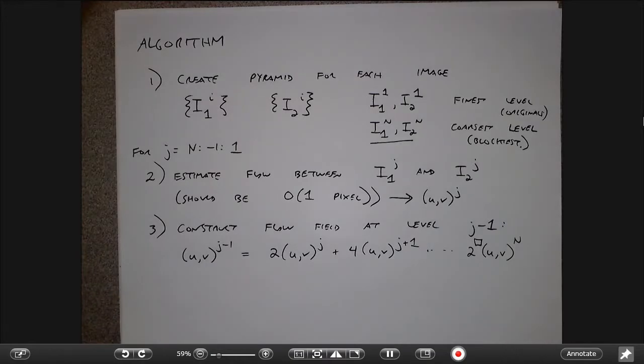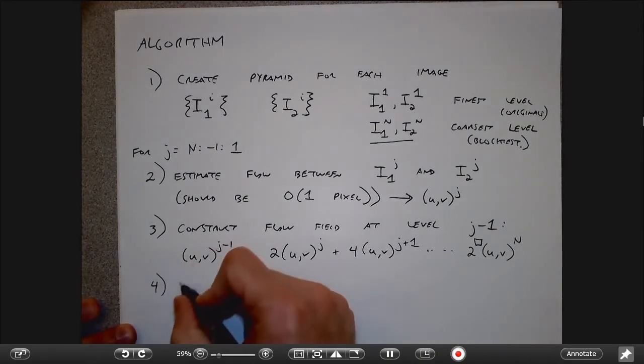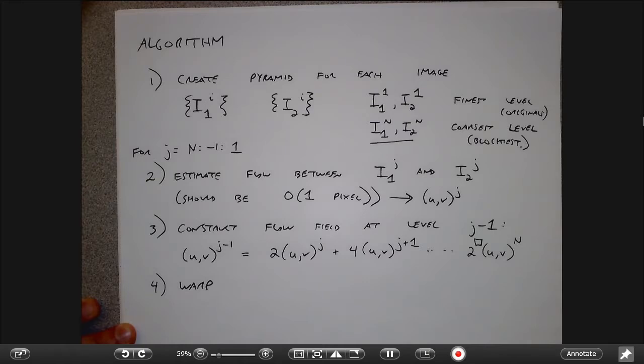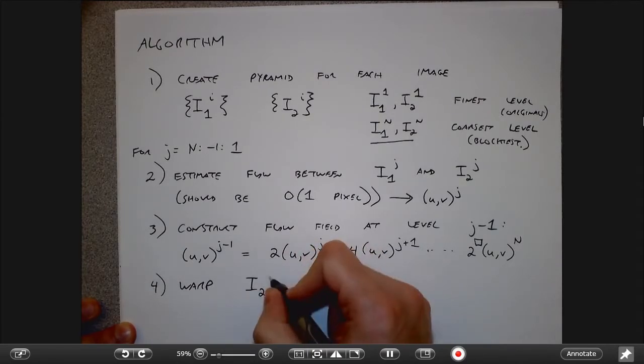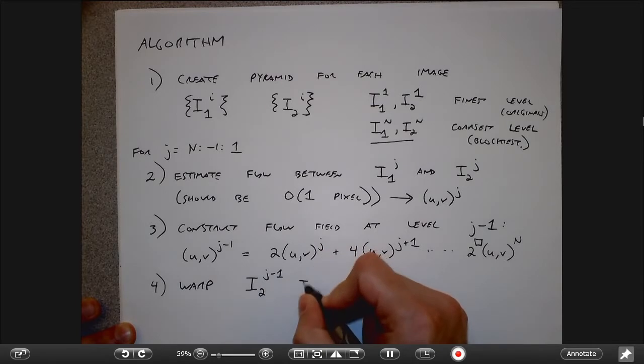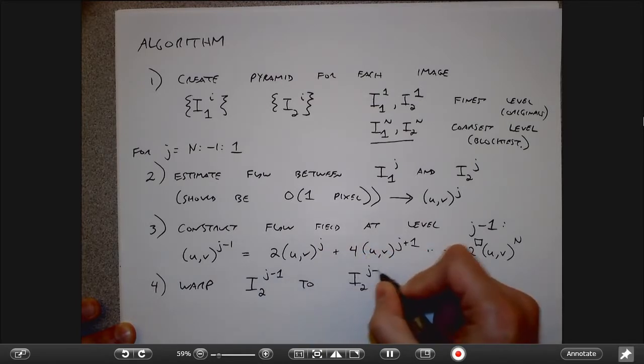So basically that's like saying that to build up where I should be at the next level, I have to kind of concatenate all the flow fields that I had below me, and I have to multiply those by the corresponding power of 2, because these images are all proportionally smaller by a power of 2, okay? And then I'm going to warp I2 at level J minus 1 to some new image, I guess I drew my picture a little bit wrongly here,